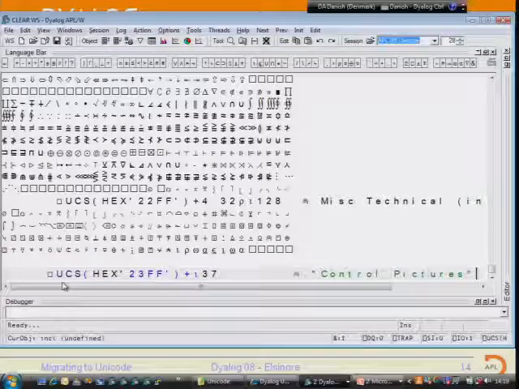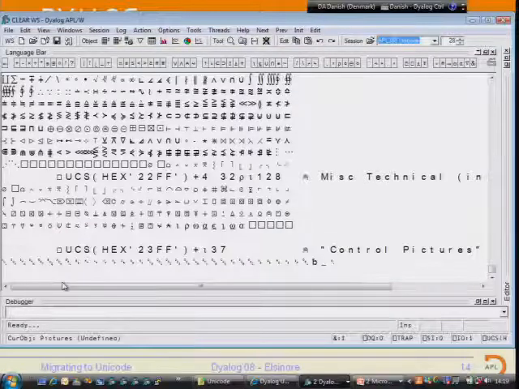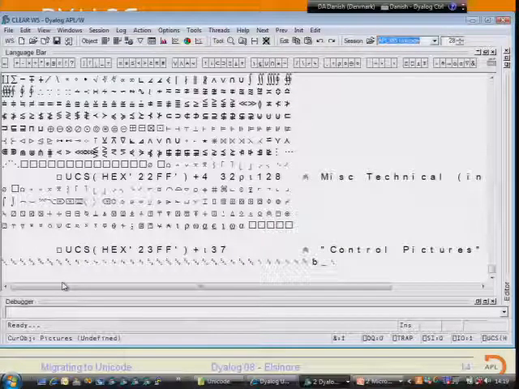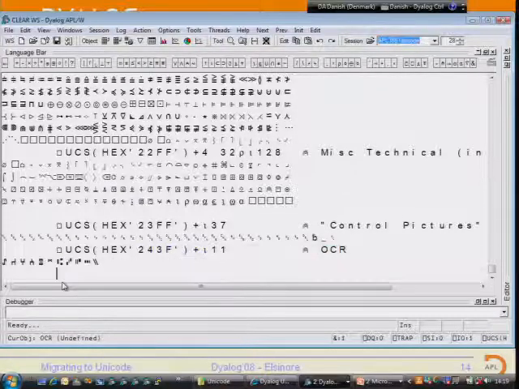A little picture of a dog to go with the fire hydrant. You can't read those, but those are control pictures: ETX. So these are all the ASCII control characters, CRLF and so on, if you want to document those. Optical character recognition.